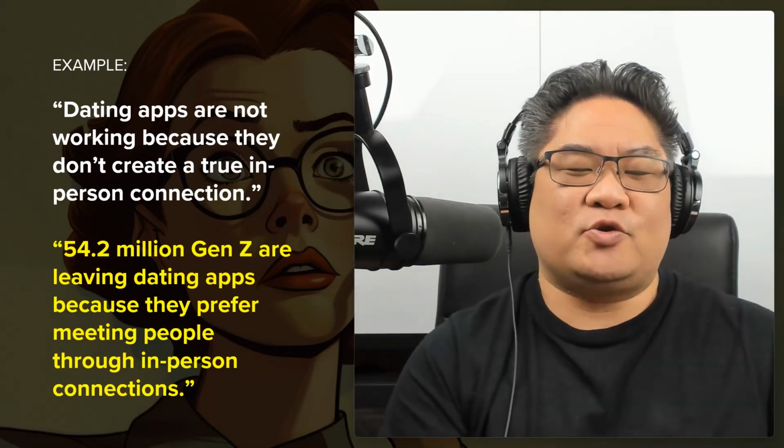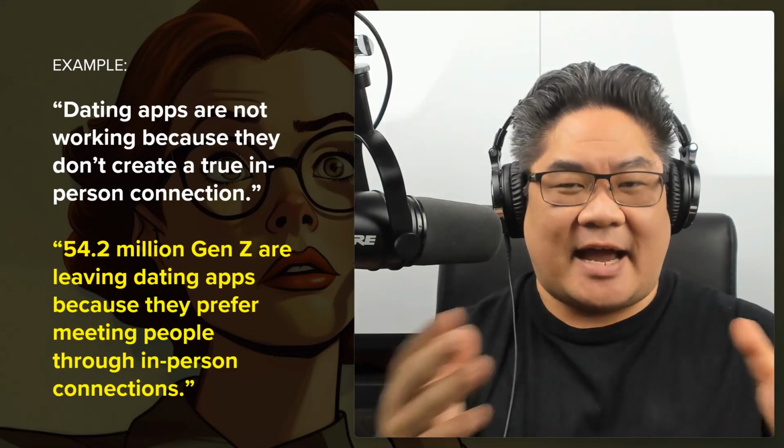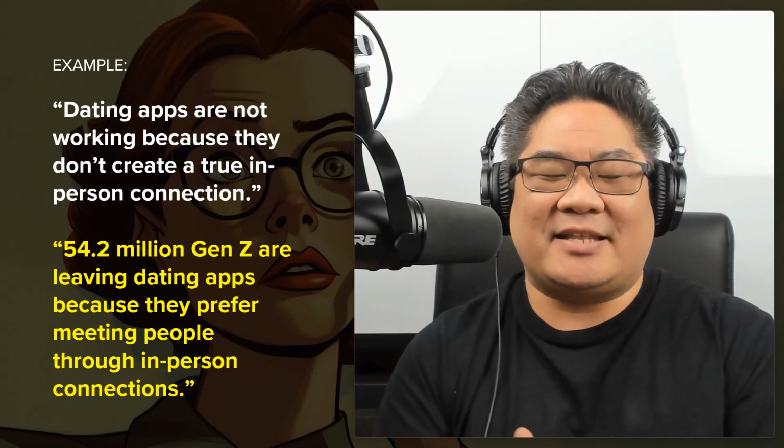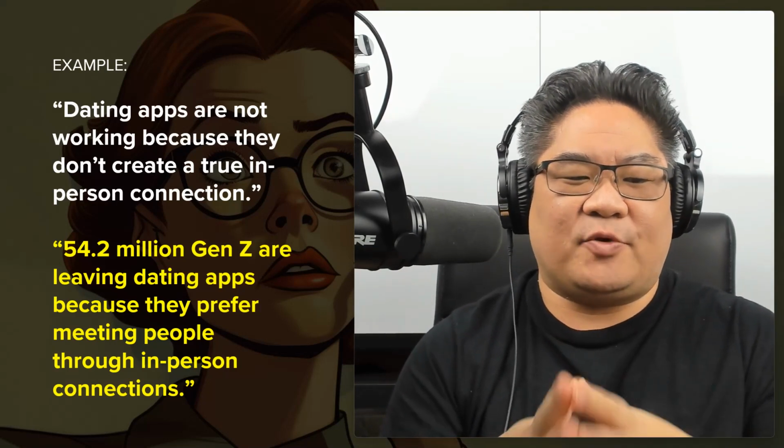My research brought me to a more concise problem statement for investors. Looking at the size of the problem, 54.2 million Gen Z, because that's what investors like to see, are leaving dating apps because they prefer meeting people through in-person connections. Imagine the investor. They are not Gen Z. I'm not Gen Z. I don't use dating apps. I've been married for 22 years, and I am not going in looking for dating apps, so I can't resonate